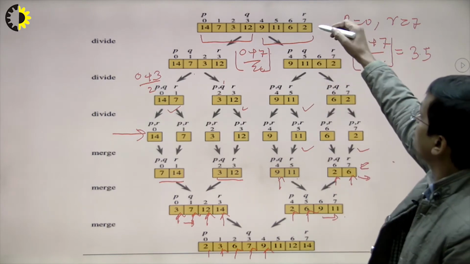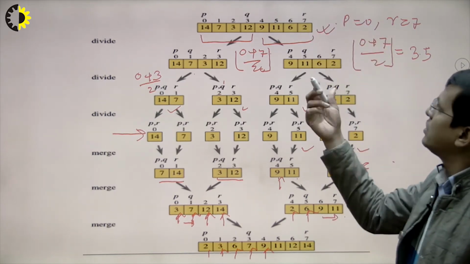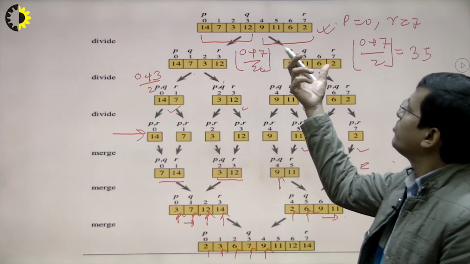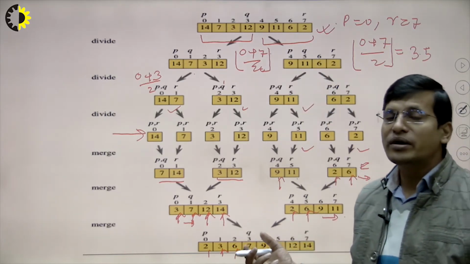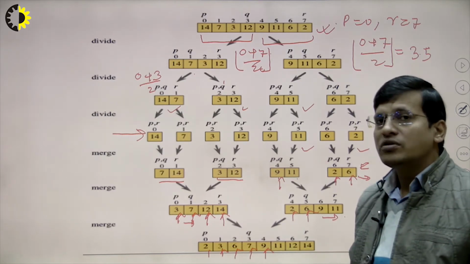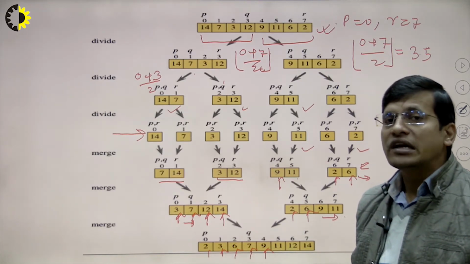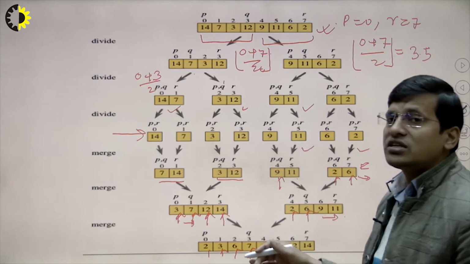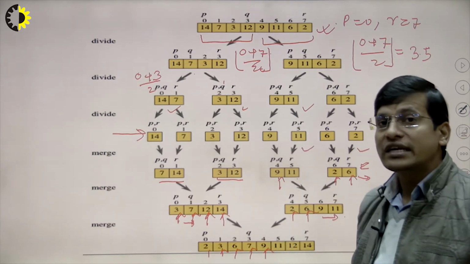So this is the original problem, right? Here it is not a large number of elements, but in case of a large number of elements present in the array, it will be very difficult to sort, because if you are using insertion sort, insertion takes n square time, right? But in this case it takes n log n time. Let's see how exactly it comes about, right?